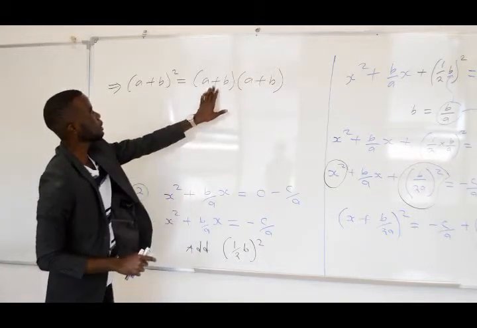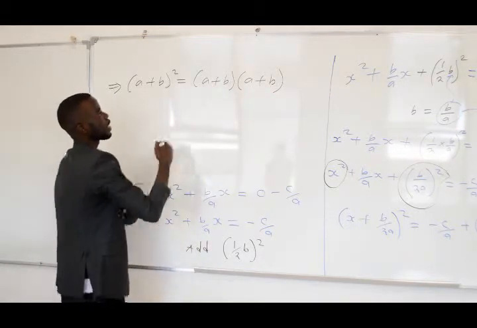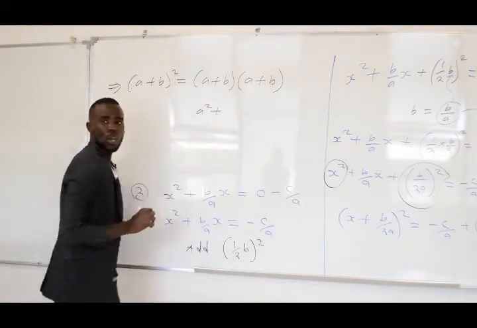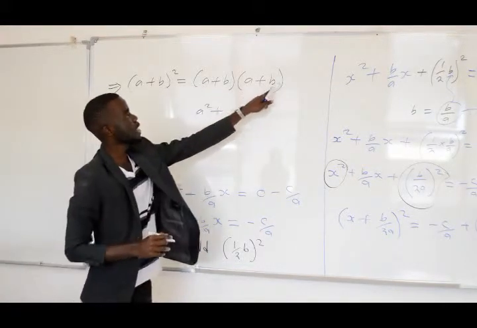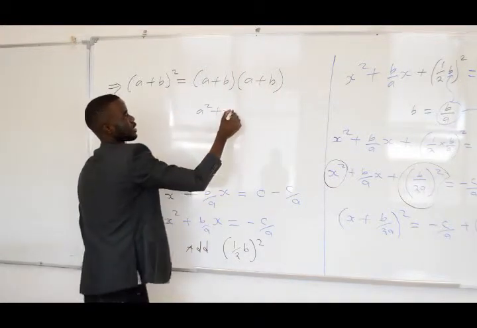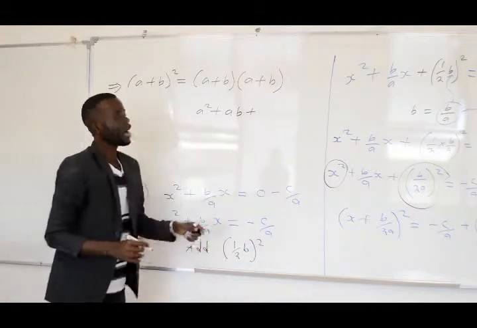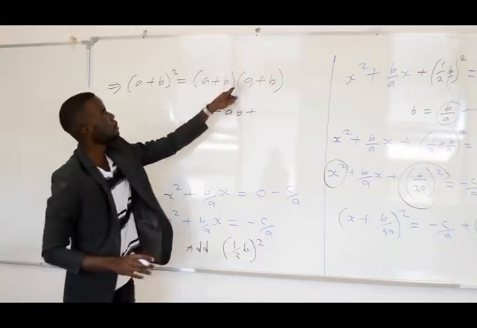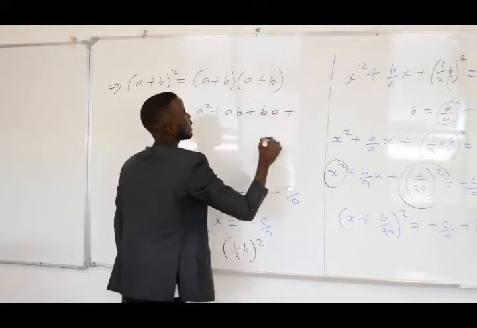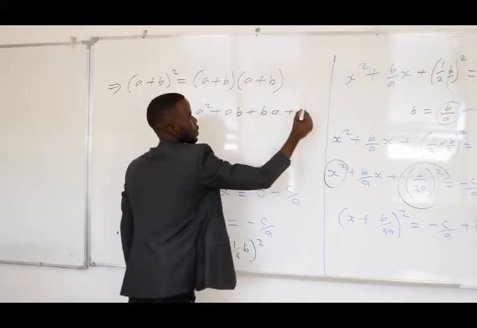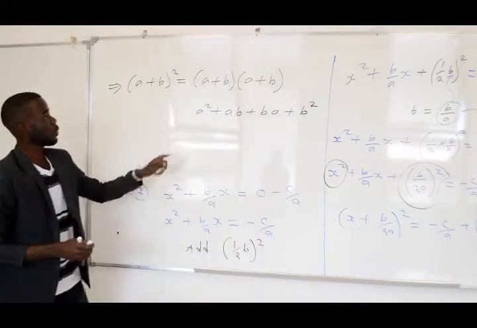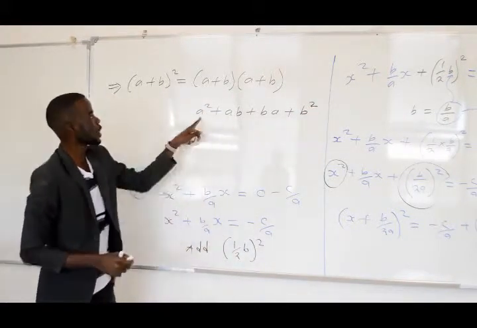We can multiply them. Now if we multiply them, a times a, we are getting a squared, plus a times b, which is ab, plus. Again we do the same thing: b times a, we are going to get ba, plus b times b, we are going to get b squared. So now when you reach this point, we have a squared here,